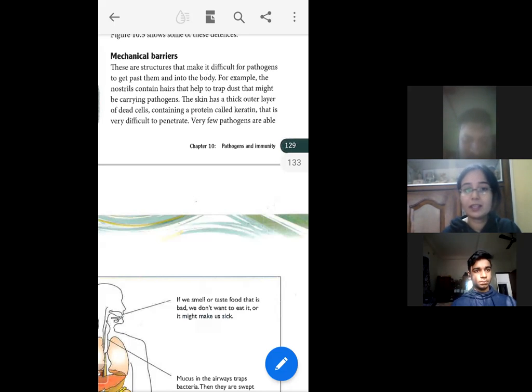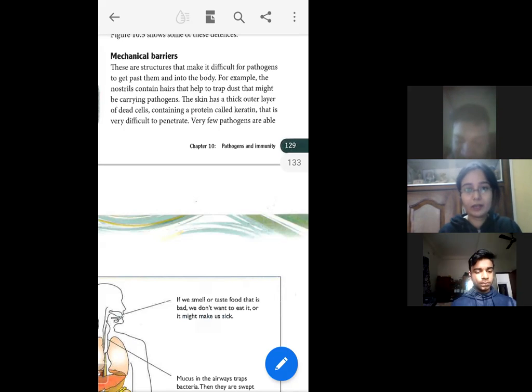How? You will see that there are hairs in our nostrils. Those hairs, what is their function? What is their job? They just stop the dirt and dust particles, and as they stop the dirt and dust particles from entering our body, automatically the pathogens also get trapped there. It's a net-like structure. So when the dirt and dust particles get trapped in our nostrils and cannot enter our body, the pathogens are also stopped there and can't enter our body.